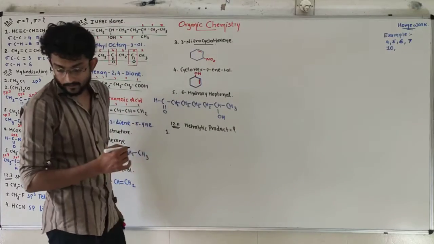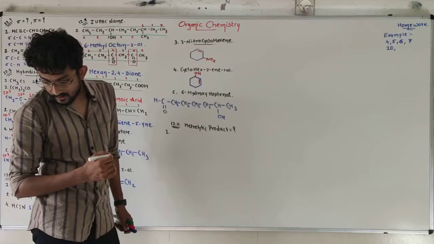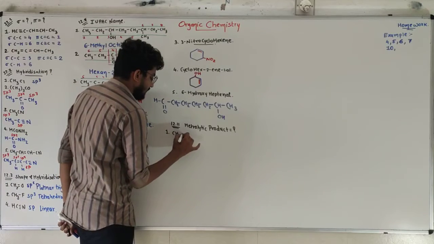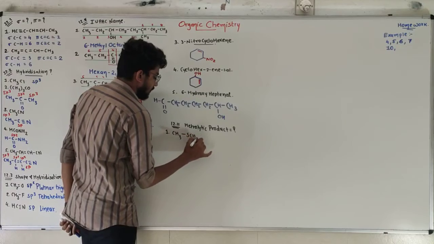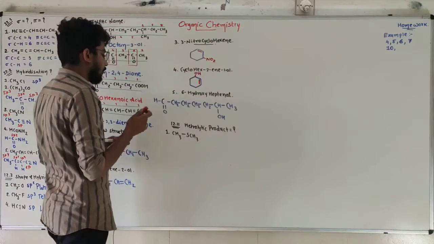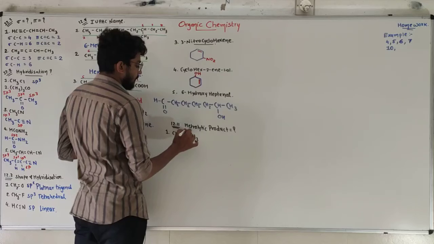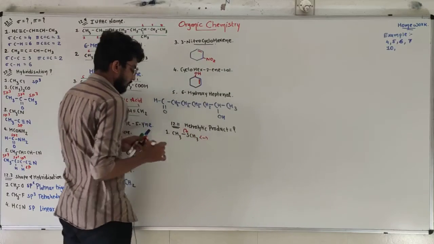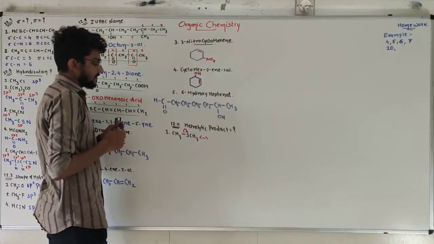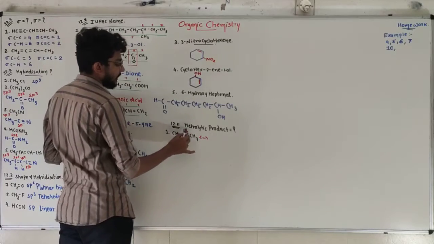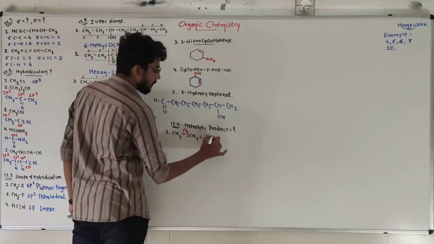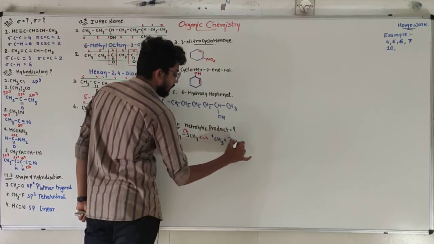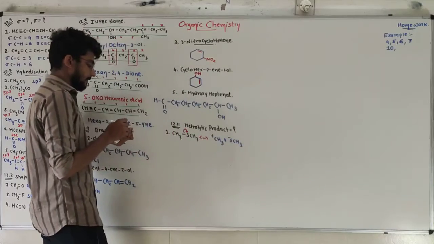So the reaction number 1, CH3SCH3. Okay, it will be very easy. CH3SCH3, and they have broken the bond like this. So what will be the intermediate? Simply the electrons of this bond have been transferred to the sulfur. That's why carbon will be plus and sulfur will be minus.